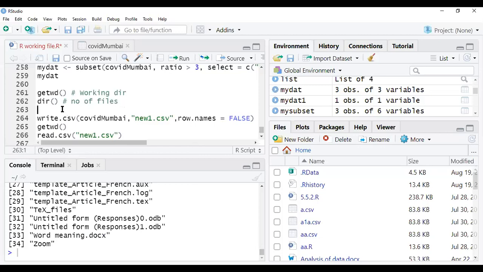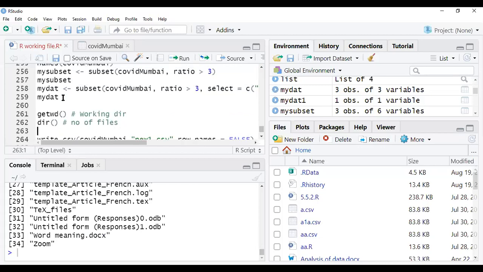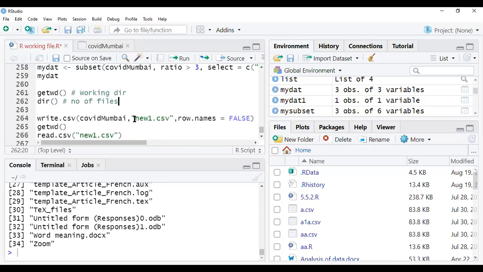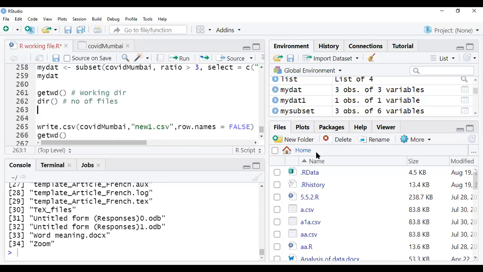Now suppose I want to create this data set. So what I do, I'll create one new folder. Now make sure you understand my task first. I'm interested to create the folder on my desktop. Are you getting my point? I'm interested to create one folder on my desktop.